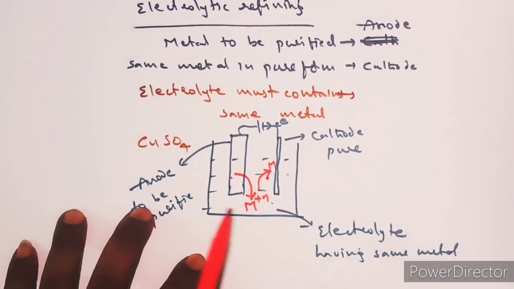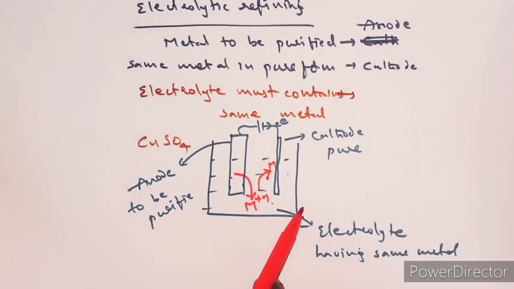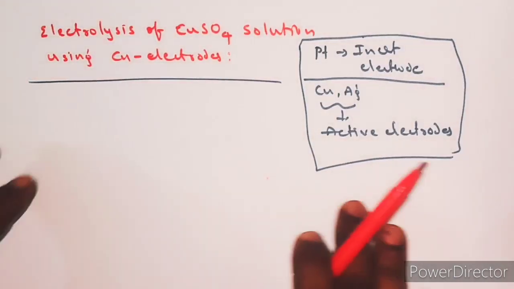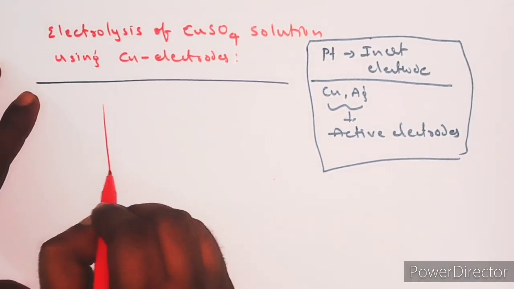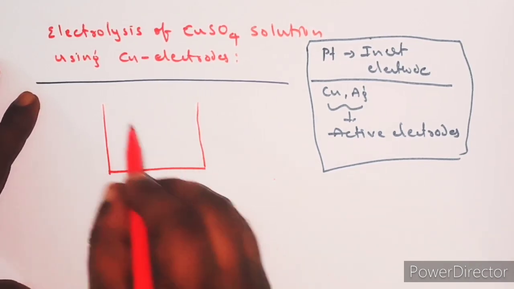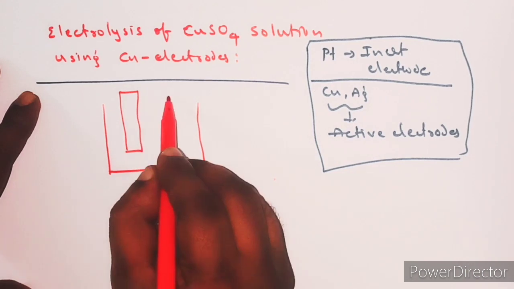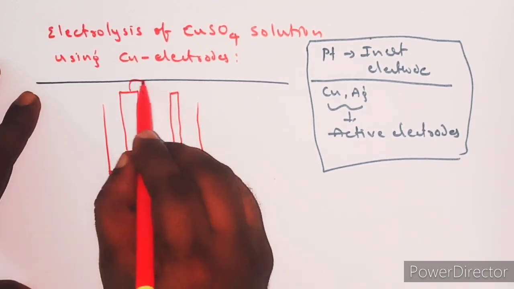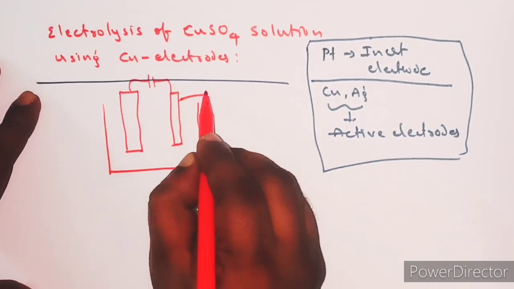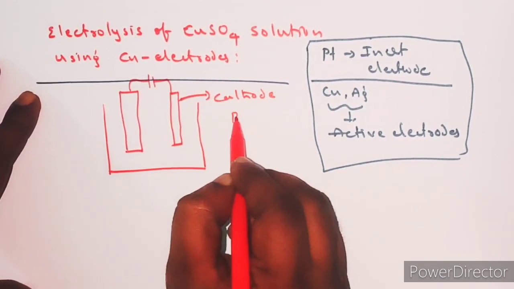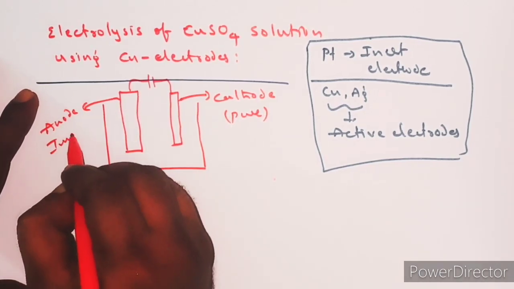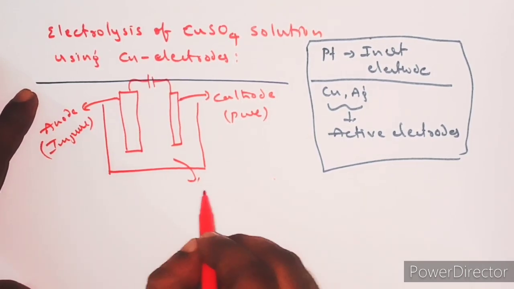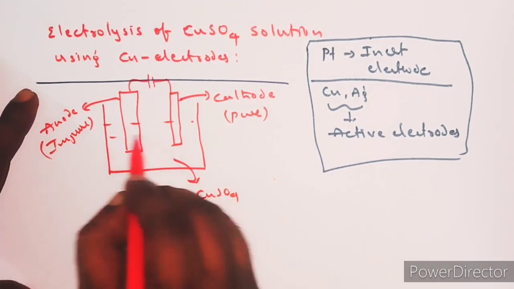Now let's see our previous example, and what reactions are taking place there. I'm explaining with the diagram here; later you can directly write it. Consider this is a copper electrode, and this is also a copper electrode, and both must be connected through a battery. This is the cathode electrode, and it must be in pure form, and this is the anode electrode, which is impure. We have to take a soluble salt of the same metal, so you can take copper sulfate solution. It will be like this.